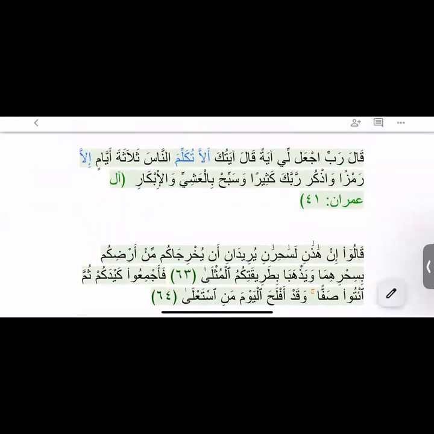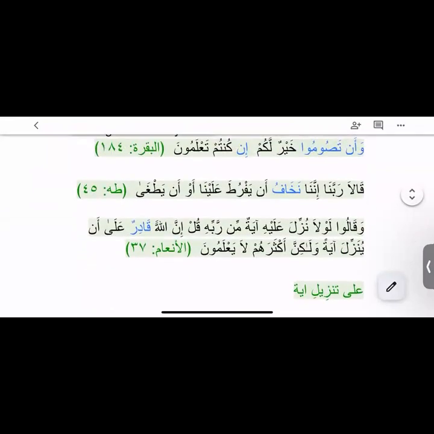Okay. Now look at this verse from Surah Ali Imran, verse number 41. Just real quick, the status from Rabbana till an yatgha is going to be what? They too said it's going to be fi mahalli nasbin, because it is a long sentence and it is a maqulul qawl fi mahalli nasbin. Everyone got it? Type 1 if you understood, type 0 if you did not.